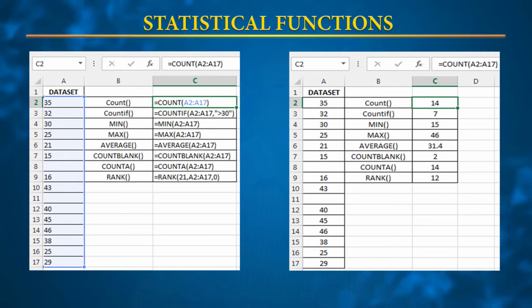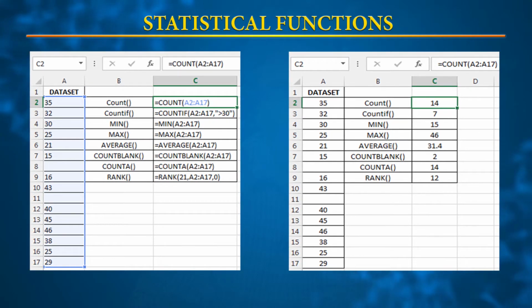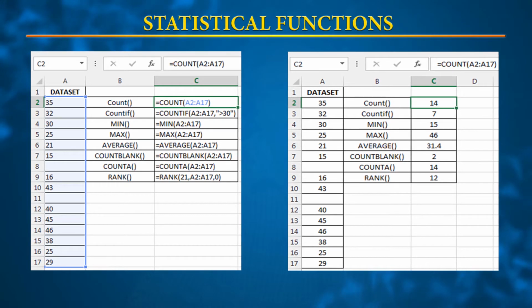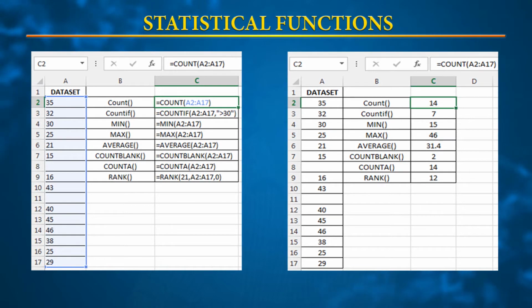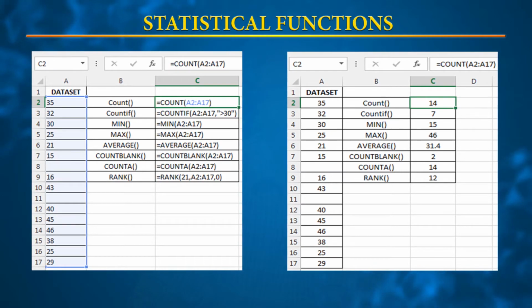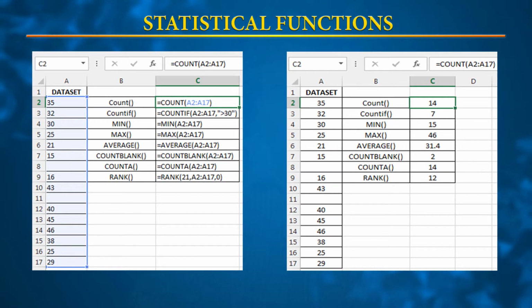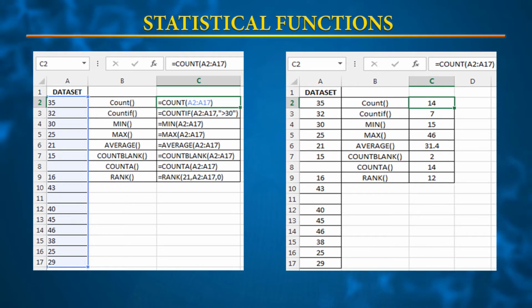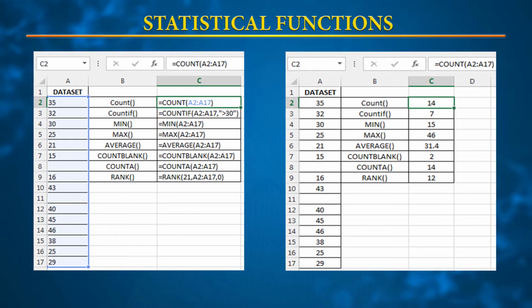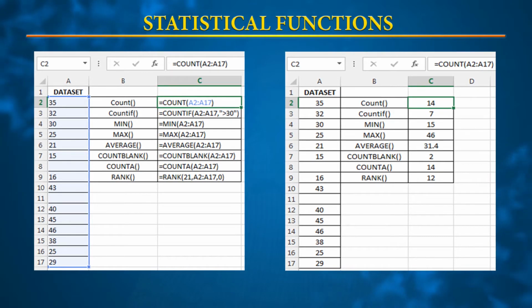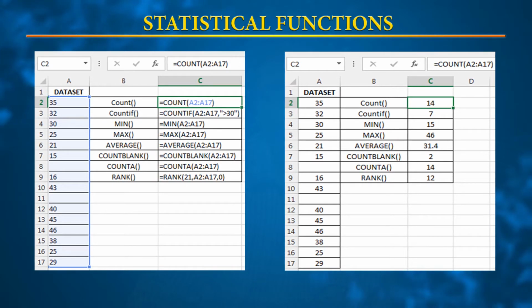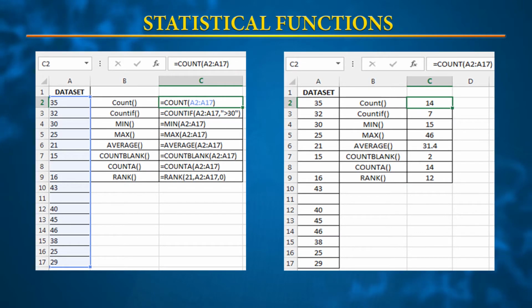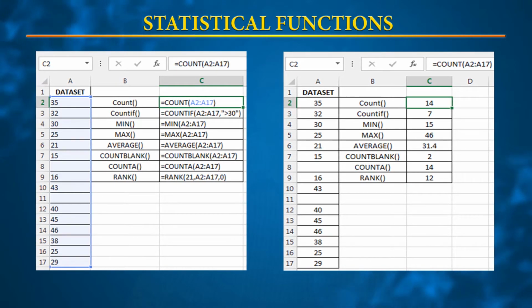We can write a formula, say equal to COUNTIF, and in the parentheses pass the range, say A2 to A17 or A1 to A16, and pass the criteria as the parameter. Say we want to count the values greater than 30. Within the parentheses, within the quotes, you pass greater than 30 or greater than or equal to 30, whatever your suitable criteria is, and accordingly the results are returned.